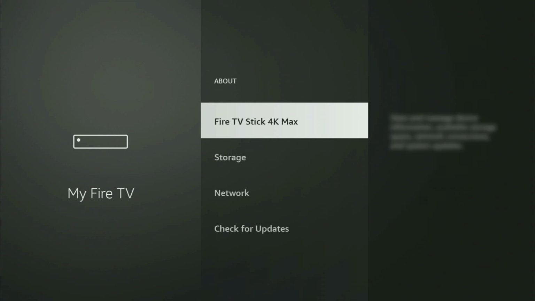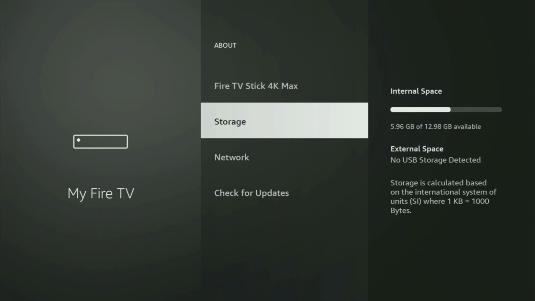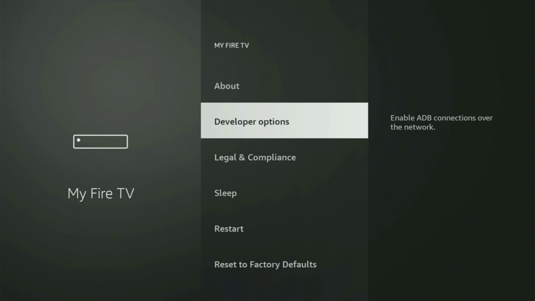Just go to About, select Fire TV stick, and now you have to start clicking on the middle button on your remote. And do it fast, so let's do it. And as you can see, now for me at the bottom it says no need, you are already a developer. That's in my case. And in your case it's going to say that you have become a developer now. So if you go back a bit, you will finally see developer options, which now have popped out for us